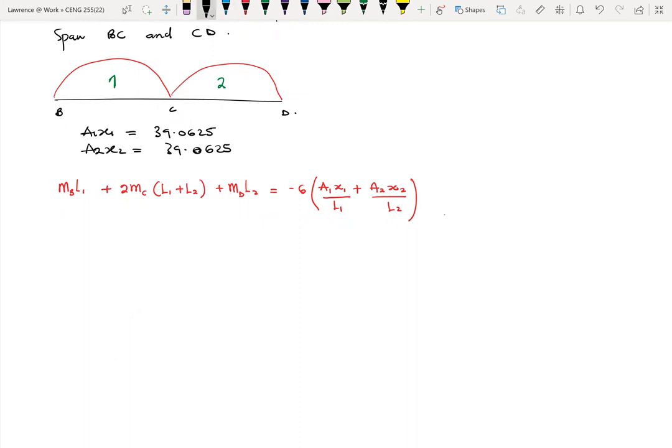Okay. So here, I don't know what MB is. I know that MD is equal to 0, but MC is not zero. Then MB is also not zero, all right, because MB and MC, these are interior supports. Okay. So here we have MB times 5 plus 2 MC times (5 plus 5) plus 0 is equal to minus 6 into bracket